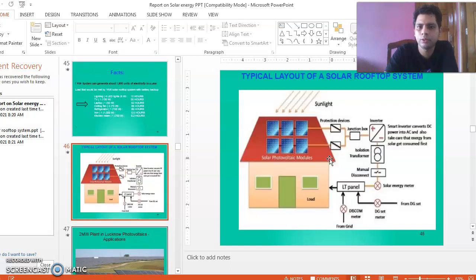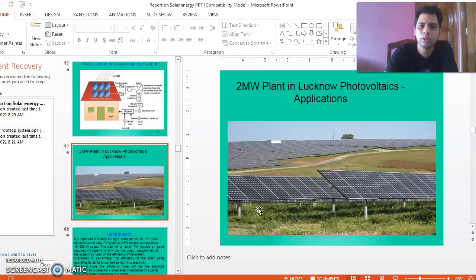This is the SLD for the on-grid system. An on-grid system is connected to the utility grid. Another is the off-grid system. An off-grid system is not connected to the utility grid. It is used in remote areas or villages, very far from the utility grid. So the off-grid system is more expensive than on-grid systems. Third is hybrid. Hybrid is a combination of the two systems.